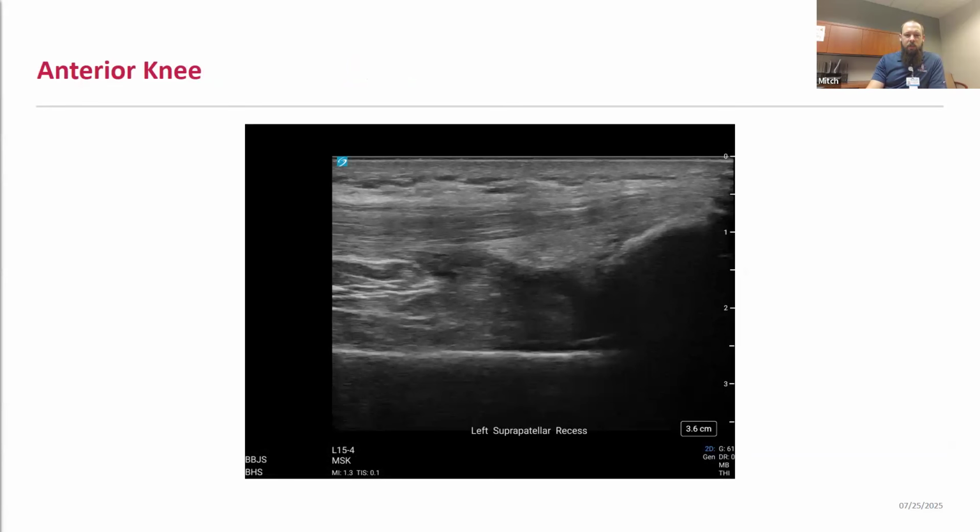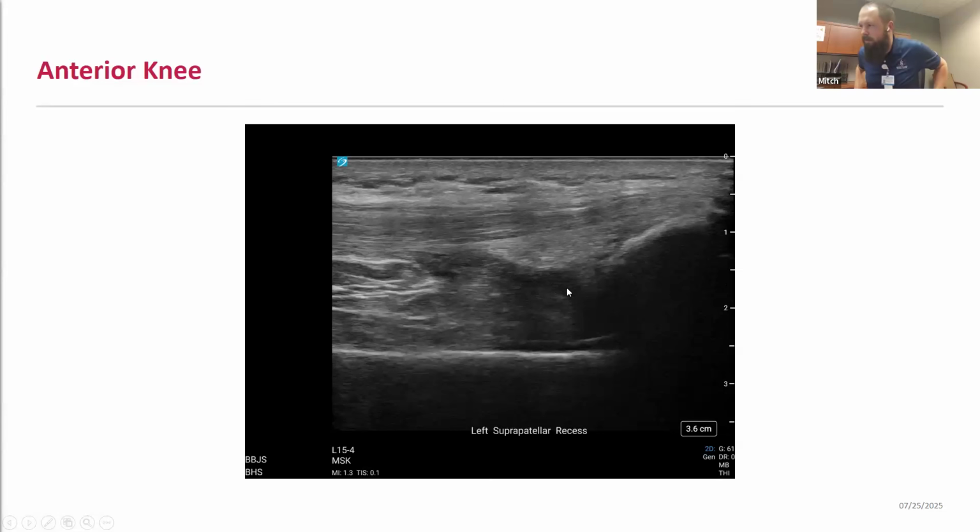Going to the anterior aspect of the knee, here we're looking at the quadricep tendon, your patellar tendon. You've got your suprapatellar or quadriceps fat pad, your prefemoral fat pad, and your femur. This is the area where you're also going to identify any evidence of effusion. There's some trace fluid here within the joint, which can be physiologic, but you're looking for any large effusion that may track up underneath the quadricep tendon.